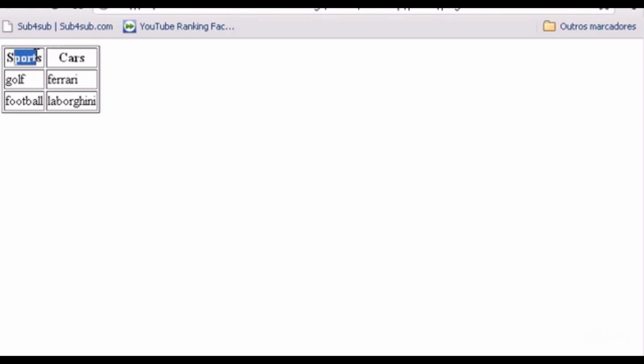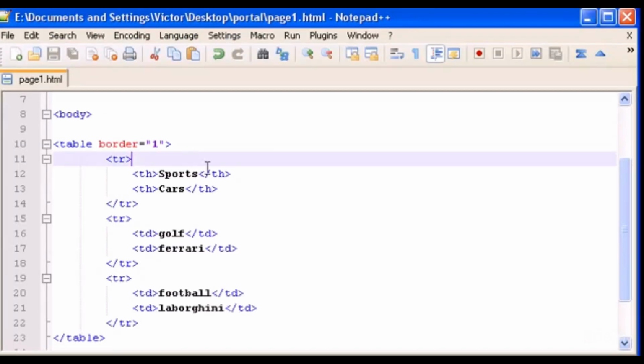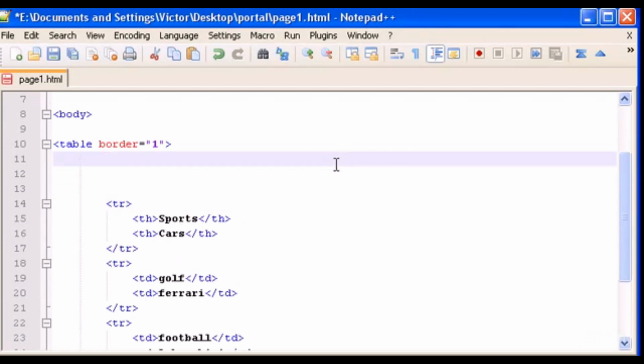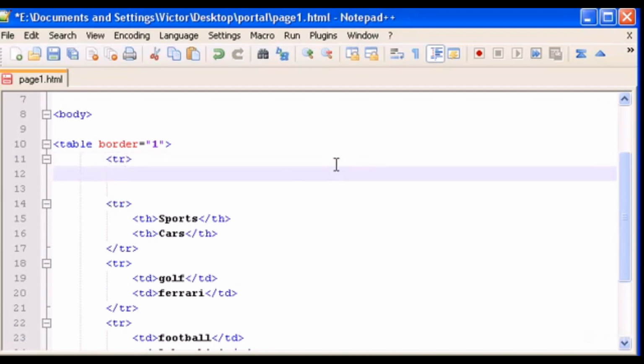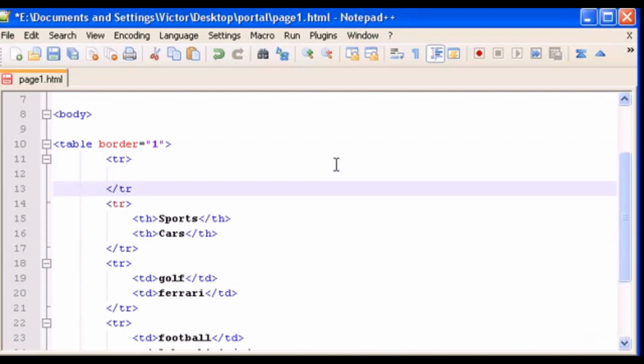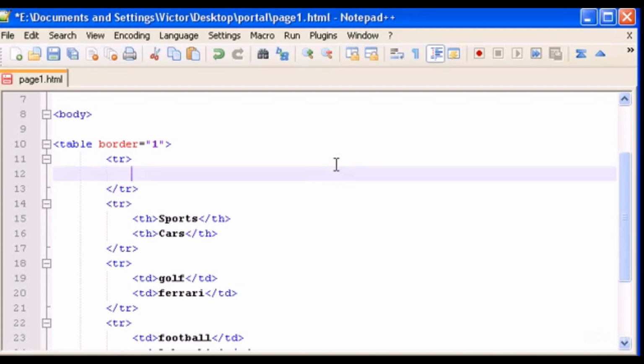For now we can place a table head for each column, but I want only one table head for 2 columns. Well, we have to do it like this. Let's open another table row, tr, and let's close tr, and